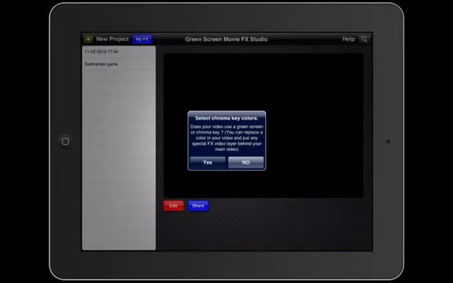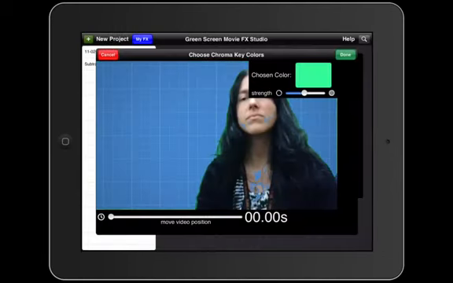And I'm going to click on yes. Now I'm going to click on the color that I want to cause to disappear. So I'm going to let my reflector catch up. And as you can see, I clicked on the green, but now it's taking a little bit out of my face, so I'm going to toggle a little bit on the strength part right here